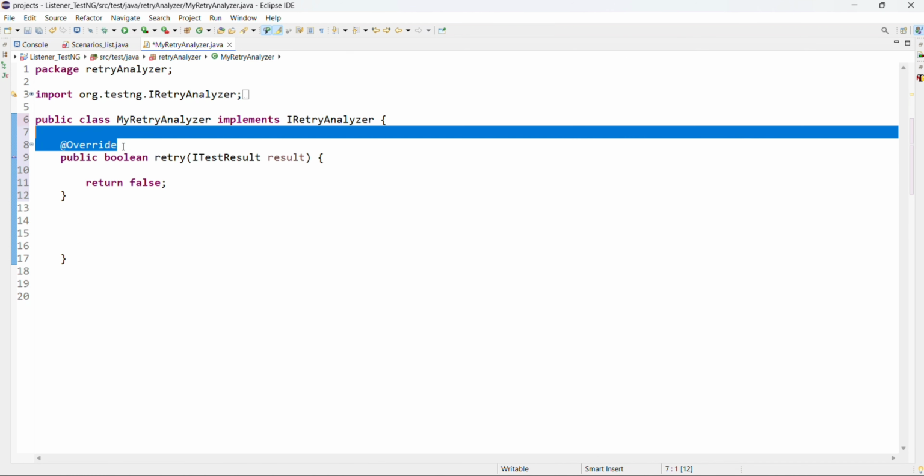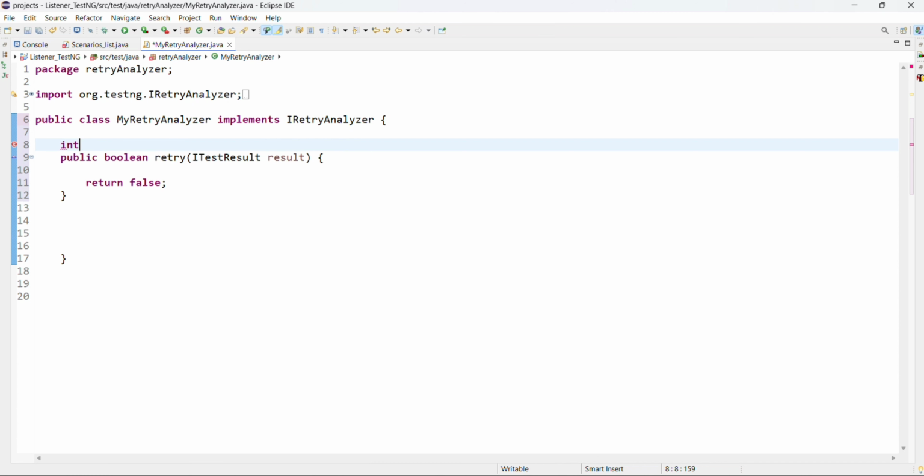We have to take two variables. First let me add it, then I will explain.